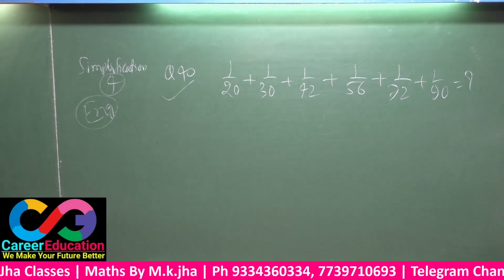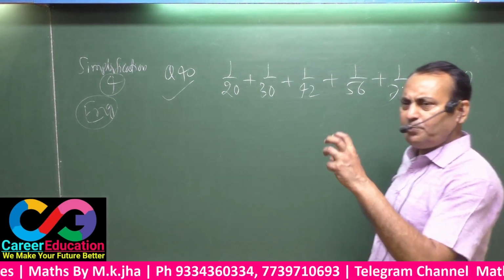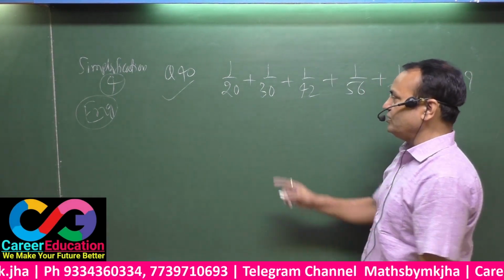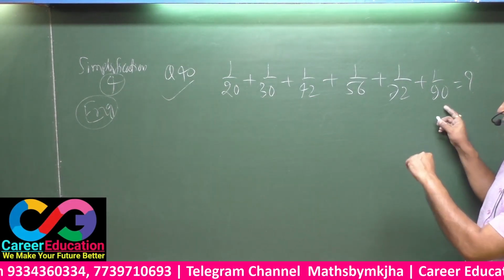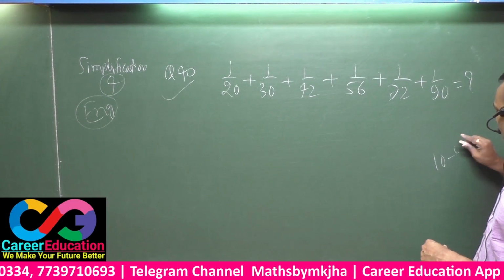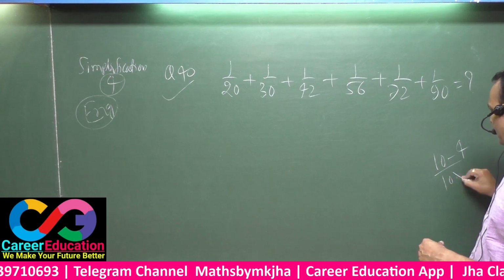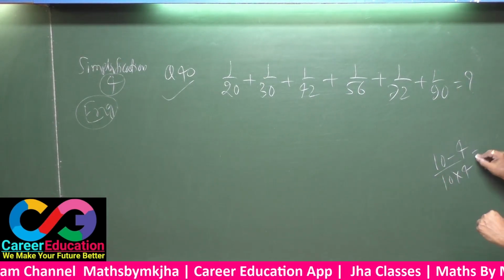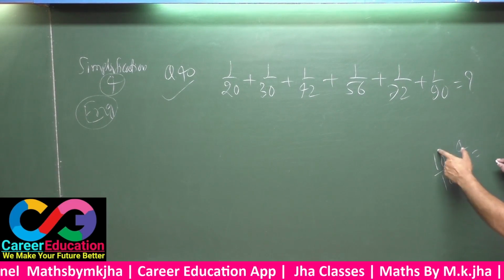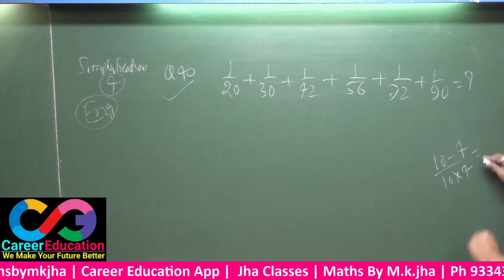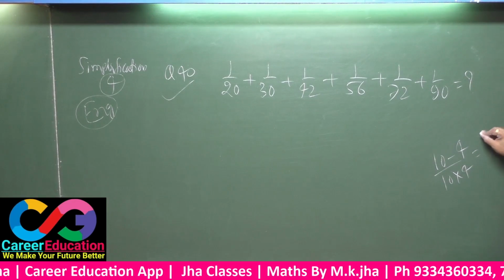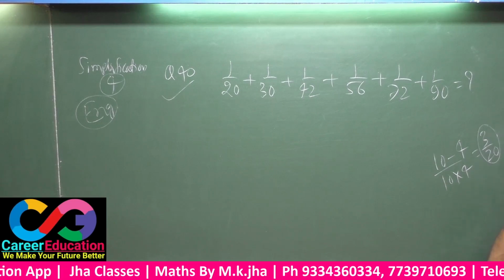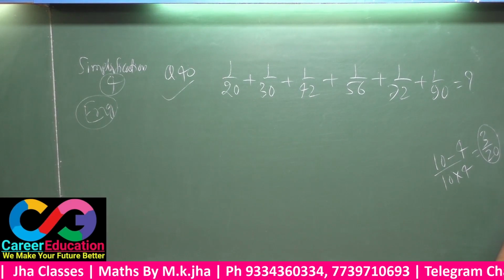The nature of this question is totally based upon the consecutive products of the numbers. That means 4, 5, 5, 6 and so on. There will be 4 here, and 9, 10 here. So the answer will be (10 minus 4) by (10 into 4), that is, this is 4 and this is 9 into 10. This will be your answer. That means 6 by 20, 2 by 2, 3 by 20. This must be the right answer, 3 by 20. Of course the answer is 3 by 20.